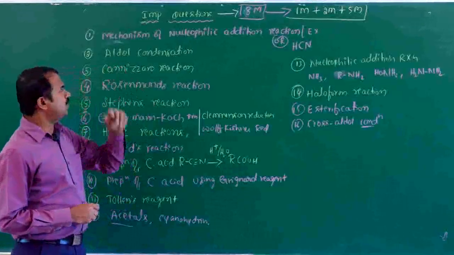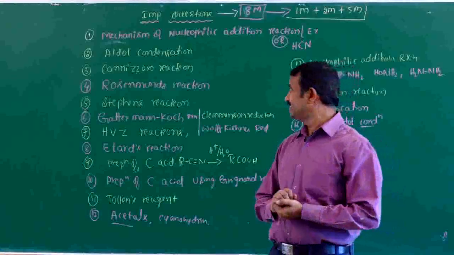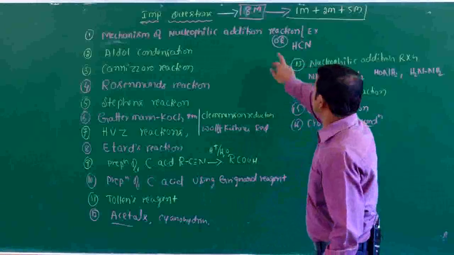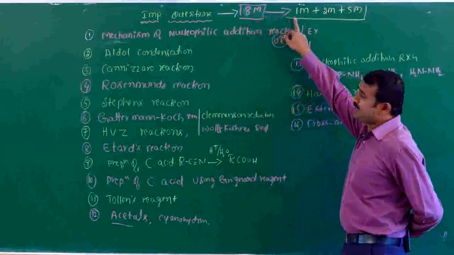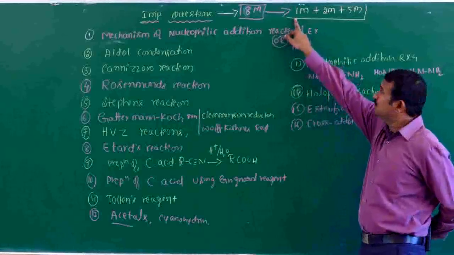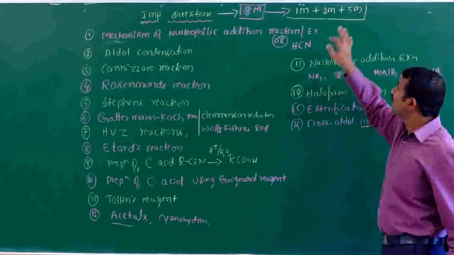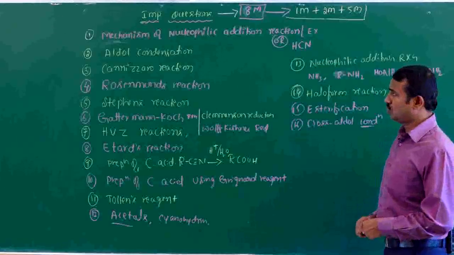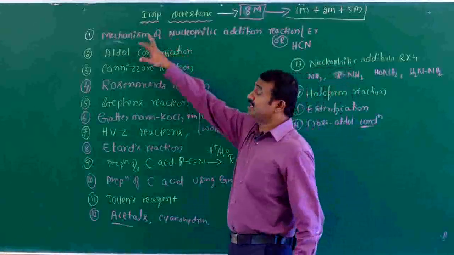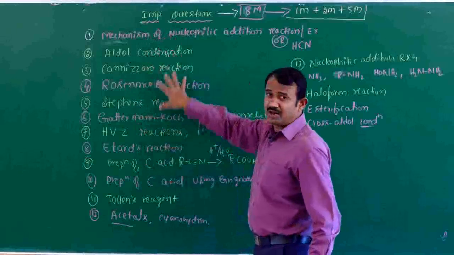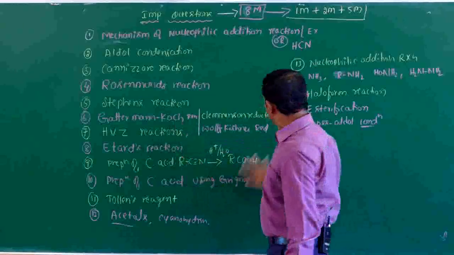Some important questions in aldehydes, ketones and carboxylic acids. The total is 8 marks. The types of questions are one 1-mark question, one 2-mark question and one 5-mark question. The 5 marks will be split into 3 and 2 marks. First you have to read the important reactions, which are a priority. Going downwards, the priority decreases. You have to perfect these reactions. Next we will go one by one.